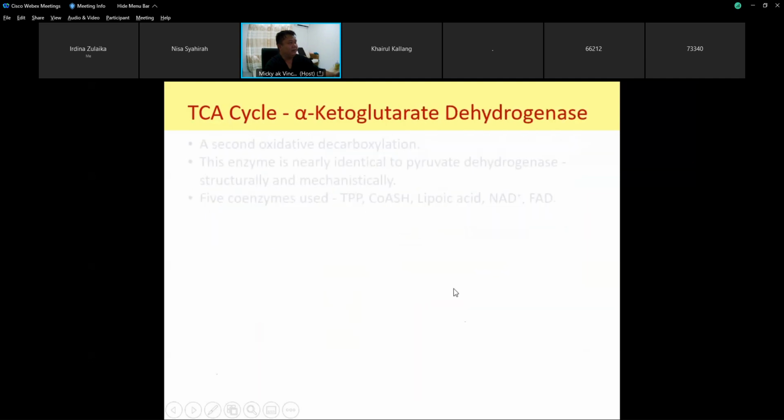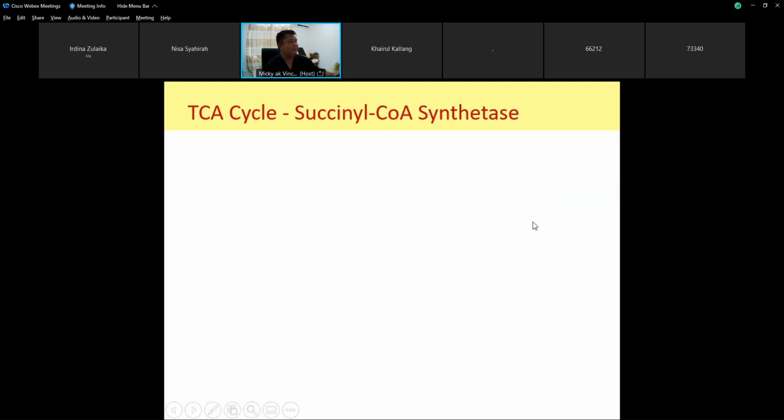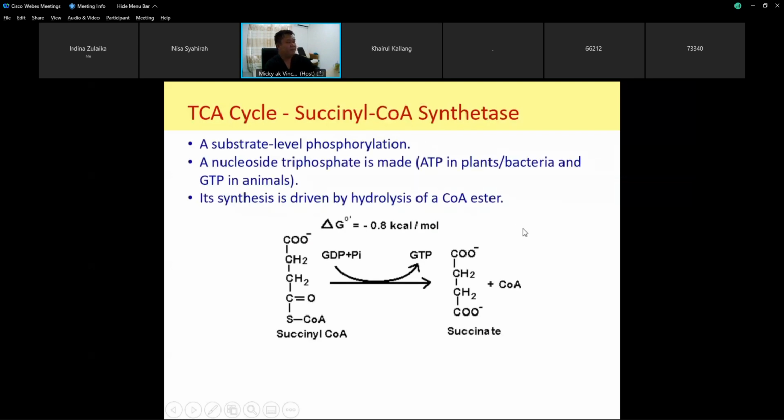So that is that. Okay, so all the coenzyme is the same. TPP, your vitamin B1. NAD+, your vitamin B3. FAD is vitamin B2. Right? Now between succinyl CoA and the production of succinate, what happened is that there